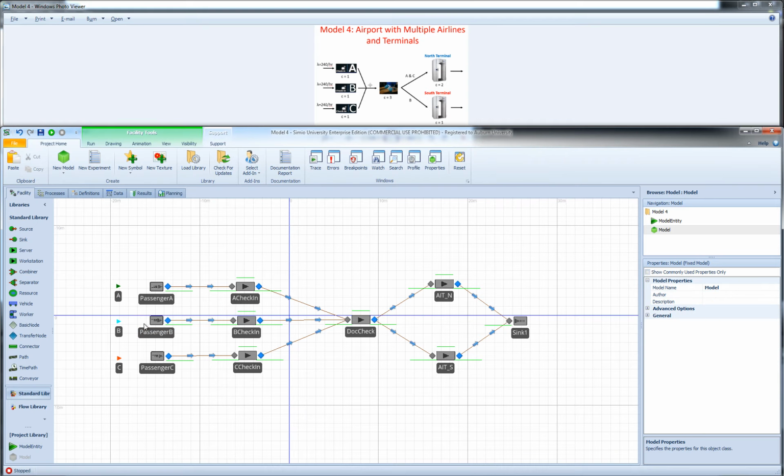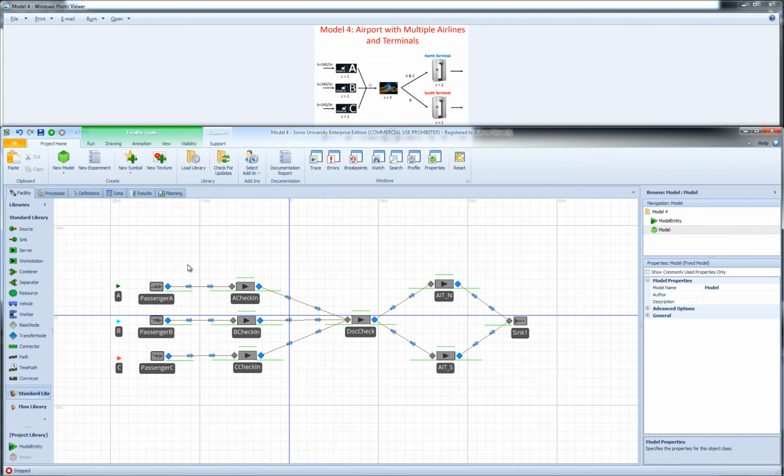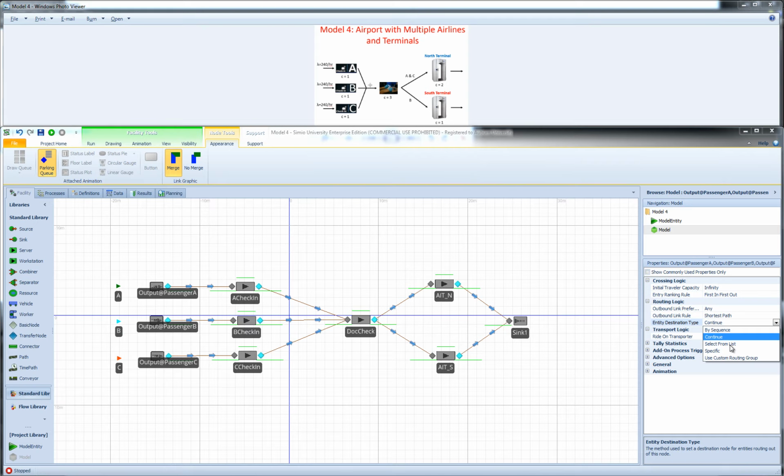I'm going to select B and then choose sequence B as the initial sequence property value. And also for C passengers, I'm going to choose sequence C. So now I can go ahead and select all of my output nodes in the model, and tell Simio that the entity destination type will not be determined by the link weights or selection weights, but